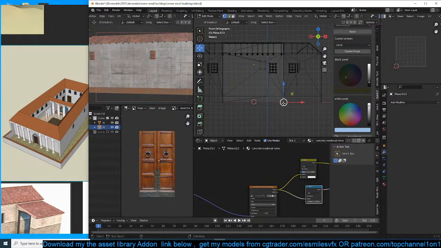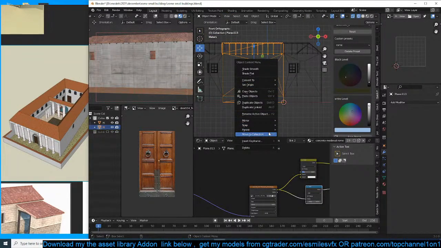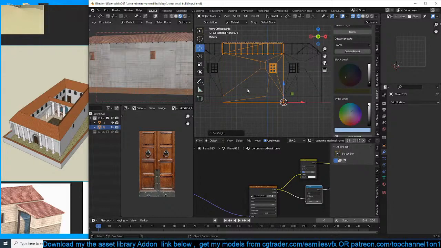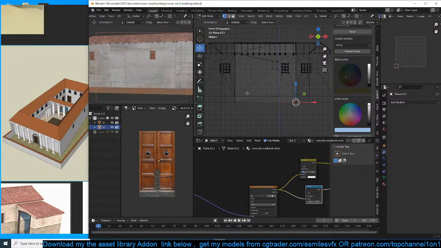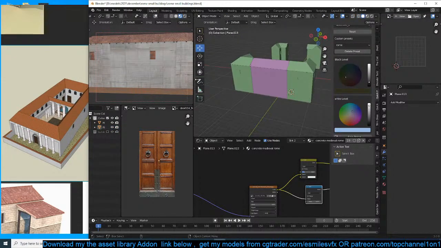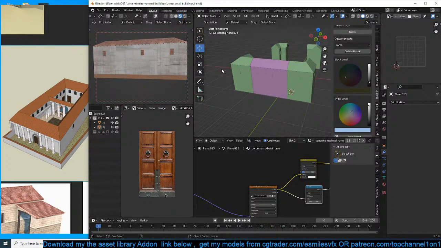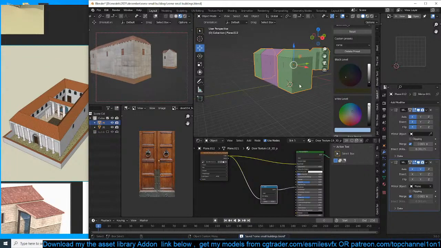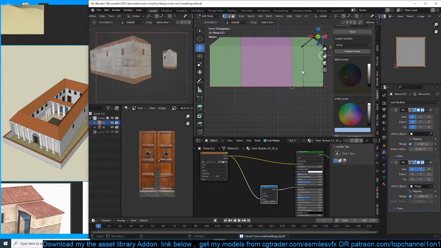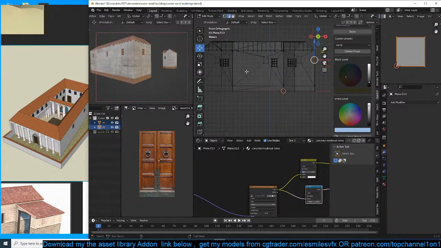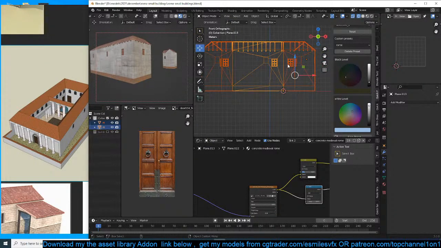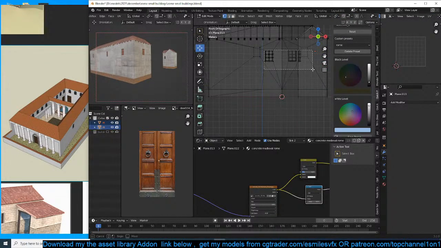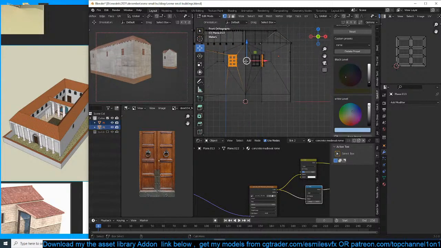Just need to make sure that these pieces, origin to 3D cursor, are matching like that. Now, to make this look like a separate flow, I'm just going to go in here, because right now it doesn't really seem so. If I make sure that